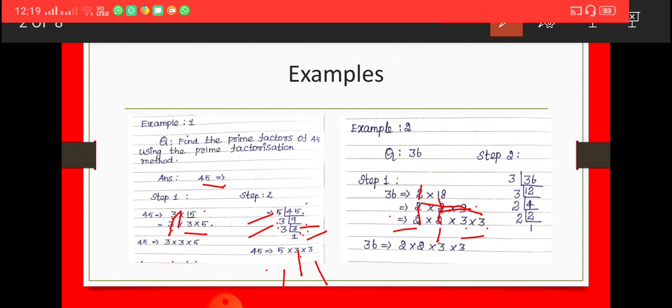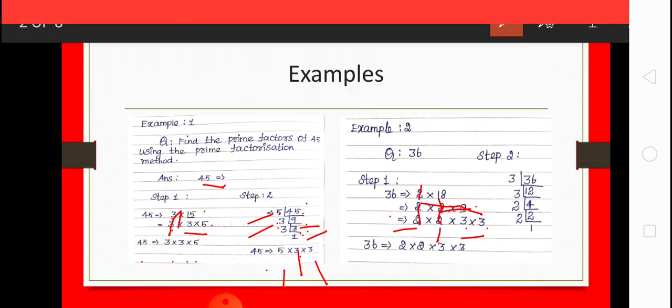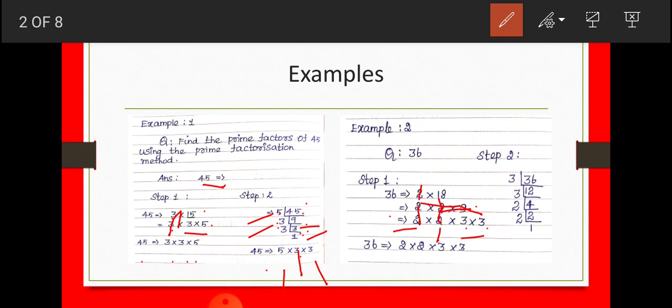Again you take 36 like an LCM method. So 36, which table is easy? Table 3, which number? 3 12s are 36. Now this 3 is a prime number, but 12 is not a prime number. So how can we write? Again table 3 is possible. 3 4s are 12. Now next 3 is a prime number, but 4 is not a prime number. Again you have to put the box. Next 4 means which table? Table 2. So 2 2s are 4. 2 is a prime number. These 2 also prime numbers.